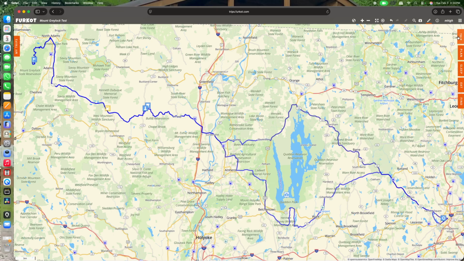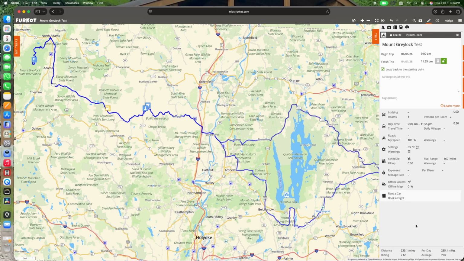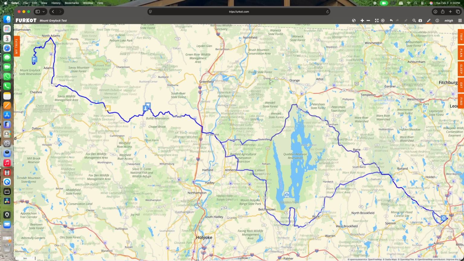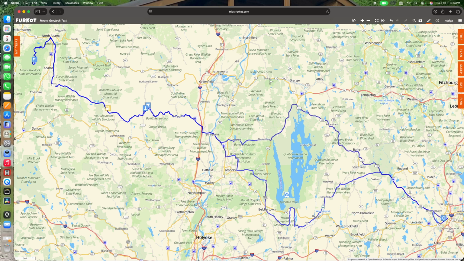And if I go back to the trip planner, all the way down to the bottom, I can see, okay, I'm at 235 miles for the day and about 7 hours of riding time. That's going to be a significant trip. I might want to plan dinner in here at some point on the way home just to give me an extra stop. Might want to plan another butt break.